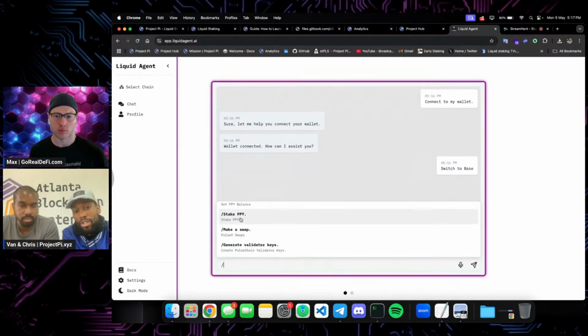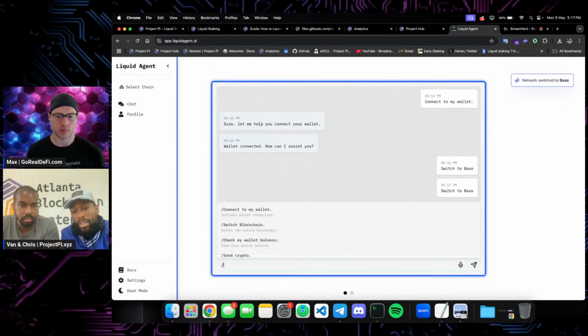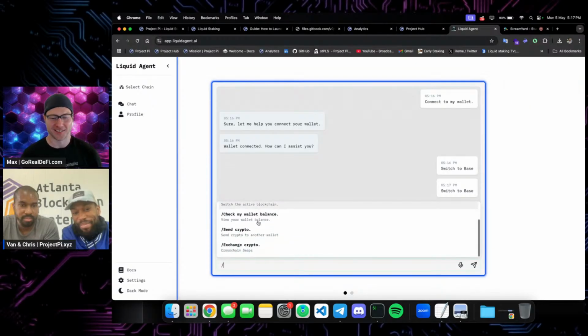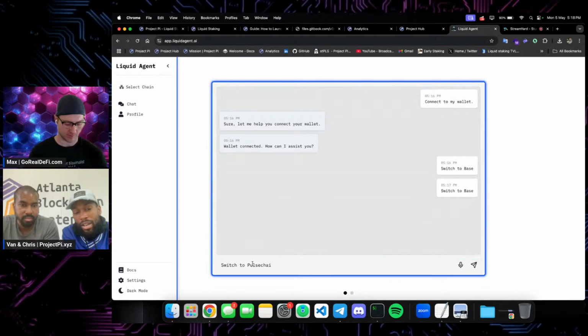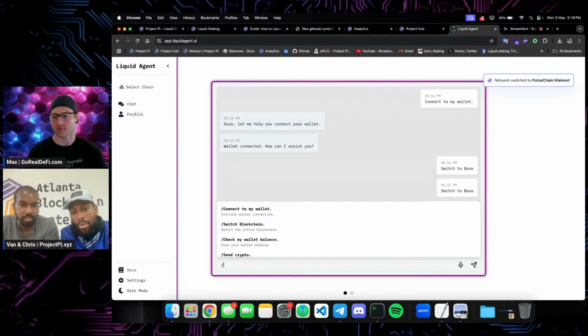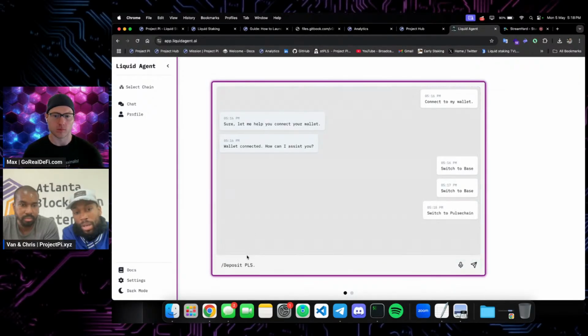But if I were to switch the blockchain to Base, just for now, I'm gonna switch back. For Base, it's only like 5 or 6 different things. I'll switch back now, and if I wanted to deposit, I actually haven't used this in a little minute, but if I wanted to deposit,